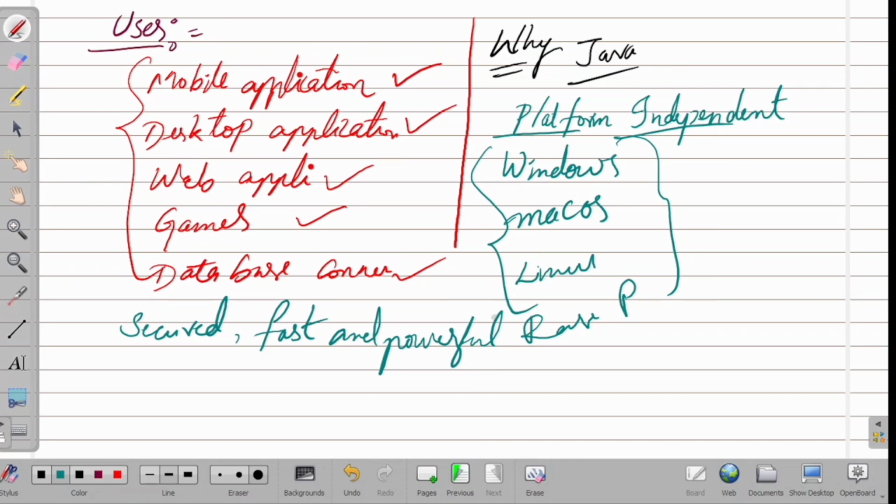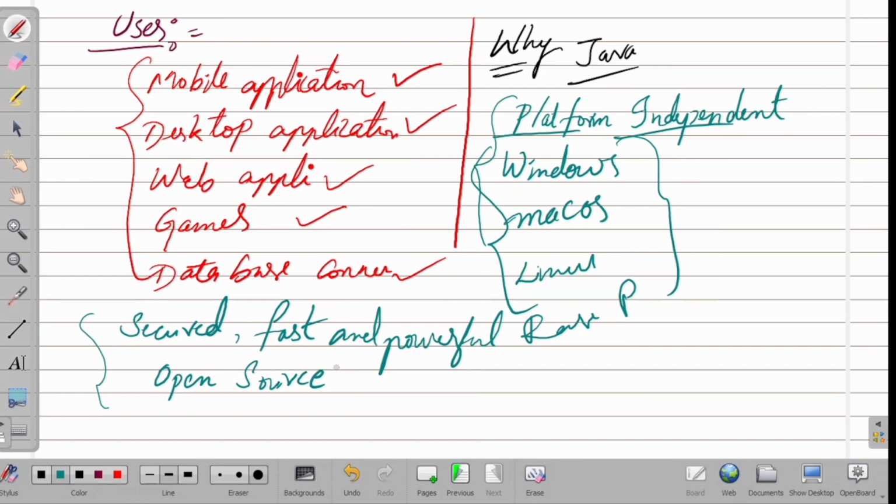It is easy to learn and simple to use. It is also open source and free; anyone can use it. These are the features why we are using Java as our language.